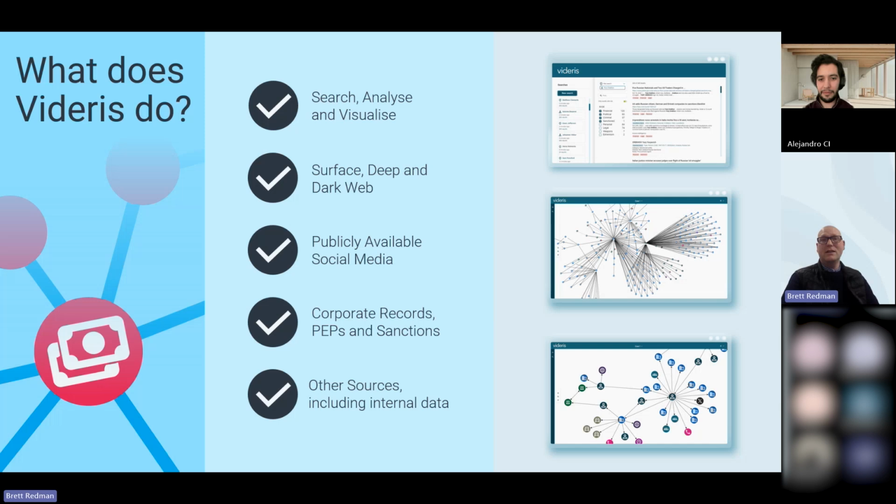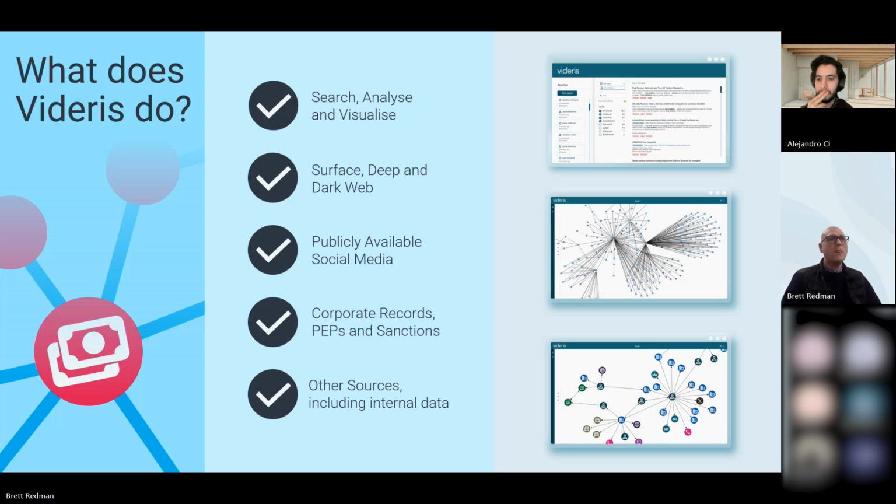We can do things like search, analyze, and visualize, where we're able to look across the deep and dark web. We can run hundreds of searches and highlight key results within seconds. We're able to scale social media searching securely, and what I mean by securely is that your digital footprint is safe and secure while you're using the platform. We can map complex networks and overlay this, as I touched on previously, with other data sources to help identify those hidden connections, effectively those layers of the apple core that we touched on previously.